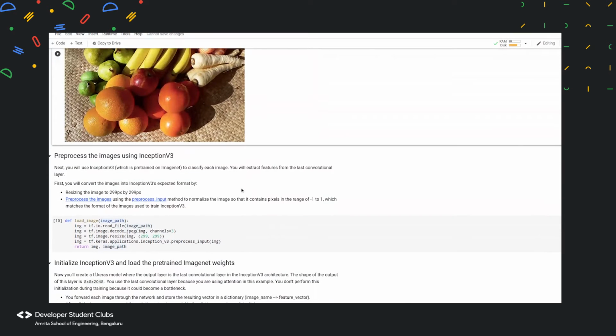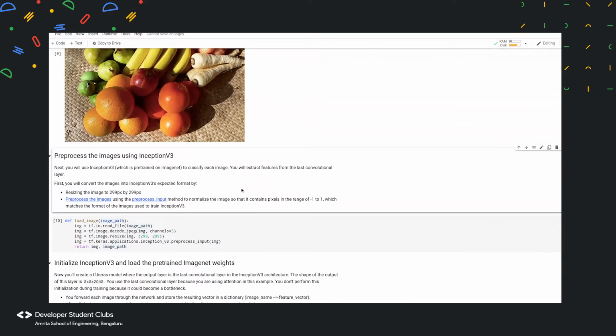Okay, so pre-processing the images using Inception v3. Inception v3 is a convolutional neural network for assisting in image analysis and object detection. It is a widely used image recognition model that has been shown to attain greater than 78% accuracy on the ImageNet dataset. As my friend Bhuvaneshwari explained about the model, this Inception v3 model contains several portions.